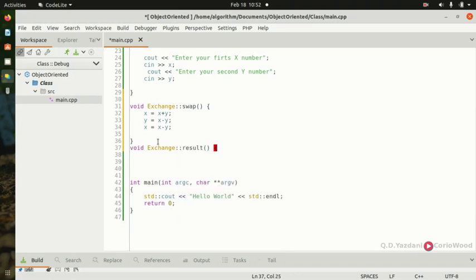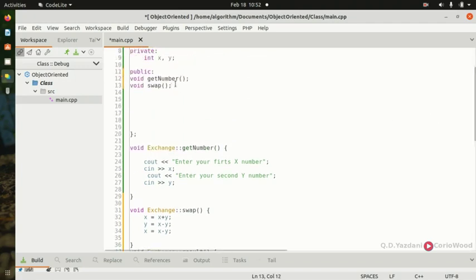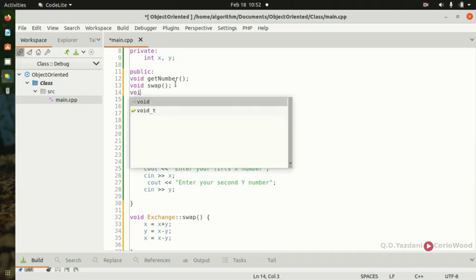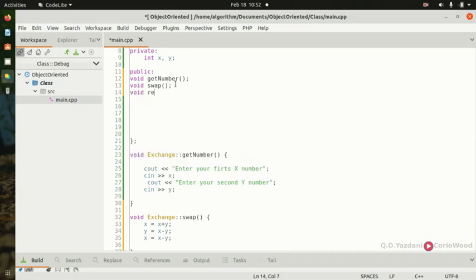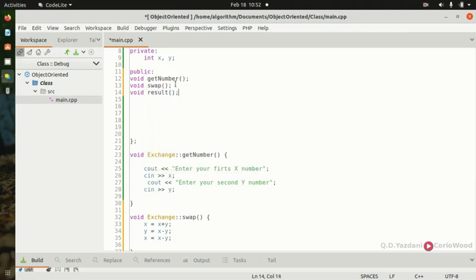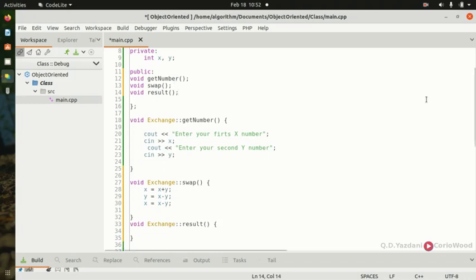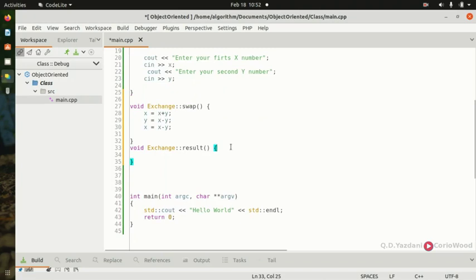and we want to display our result. And I'm going to include this one quickly there so I don't forget. We put a void and we put a result. Okay, so now I have included all my member functions, our methods,